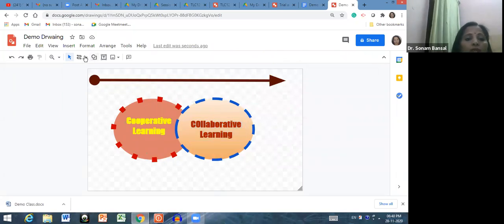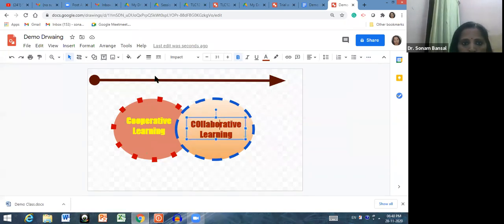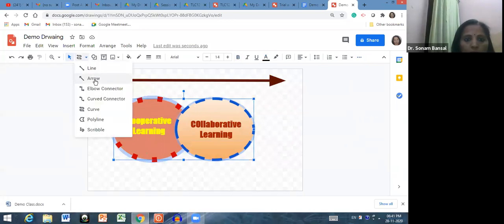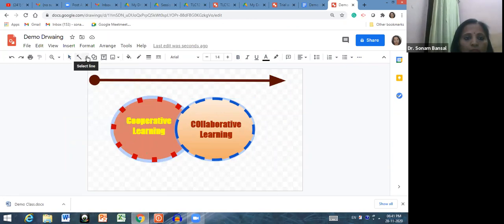Now, if you want to add more shapes over here, then choose a selector or connector. Let me choose this arrow, or let's suppose let me choose this elbow connector.